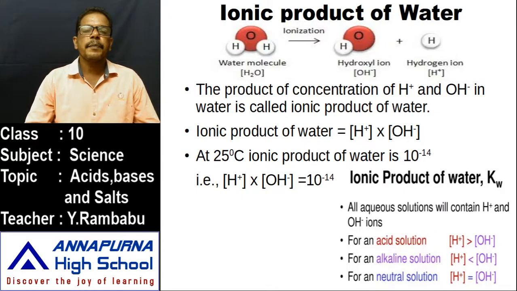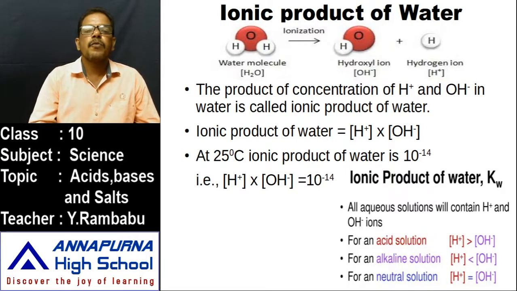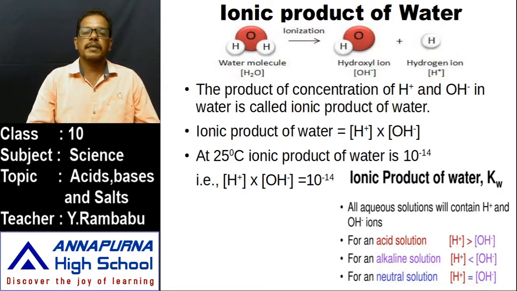in square brackets. What does it mean? If the ions are indicated in square brackets, that represents the number of OH minus ions or the number of H plus ions present in it, that is called its concentration.